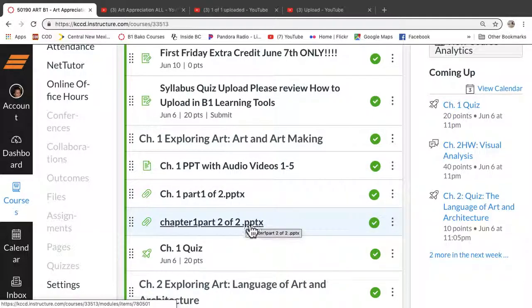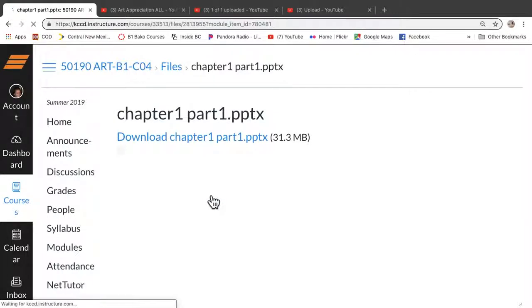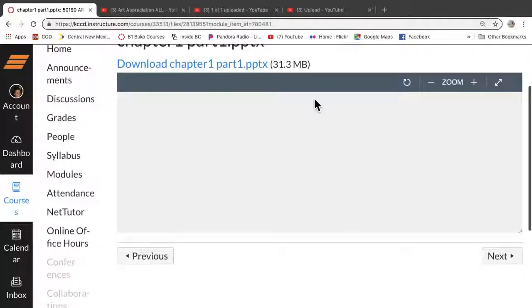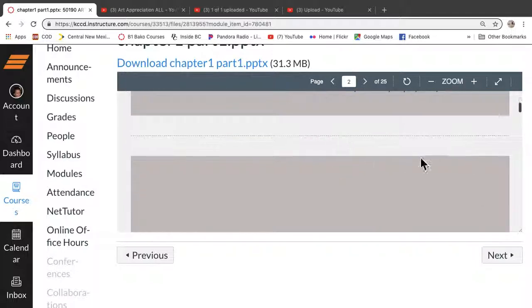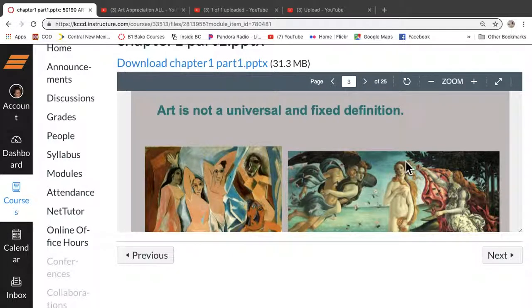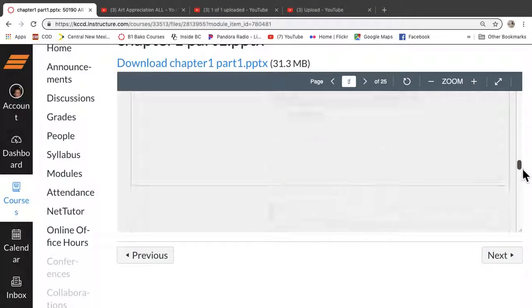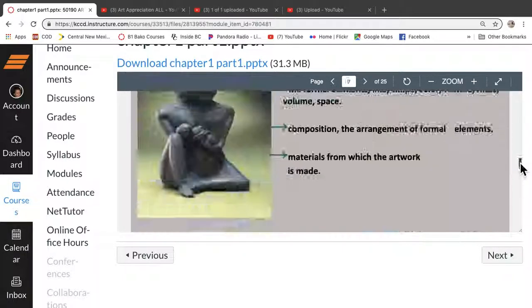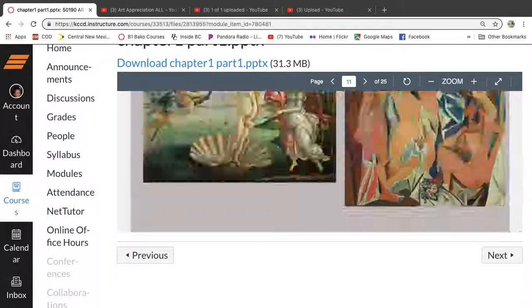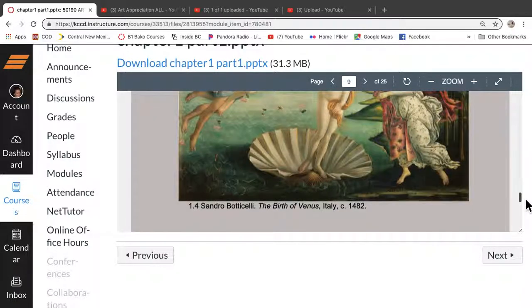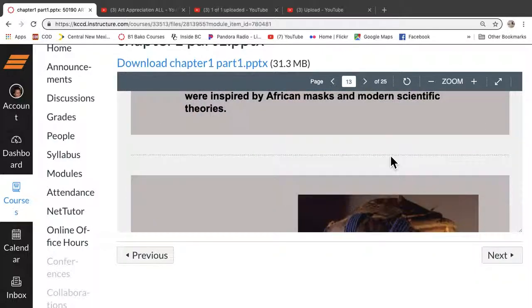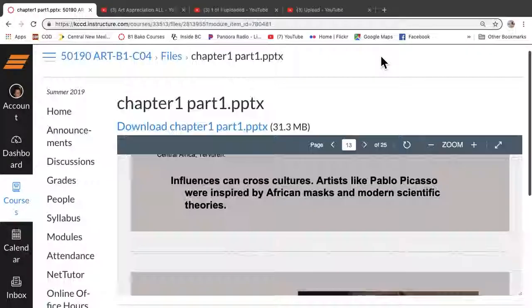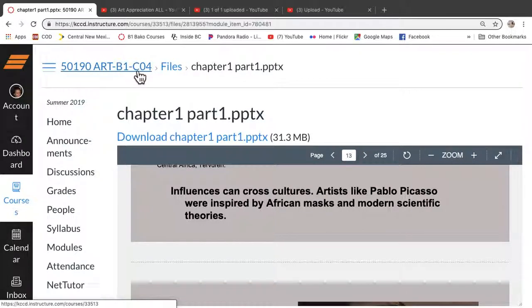Usually they're in 2 parts. I did them this way because they load a little bit better. If you give it a second, it'll load and then you can scroll through it. It's coming. There we go. So you can scroll, and Chrome drives me crazy. So then you can go down and go back through. So these are really nice because you can go where you want to go in the imagery and in the PowerPoint. You don't have to use my voiceovers at all if you don't wish to.